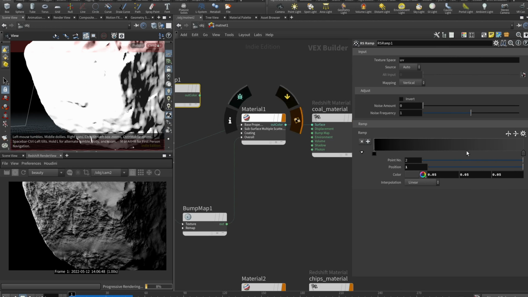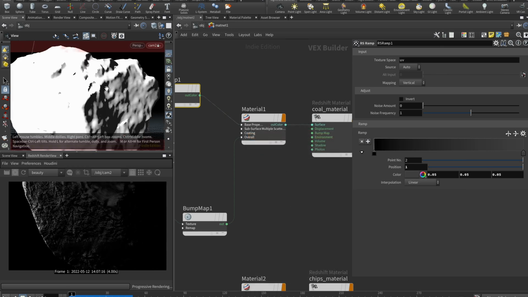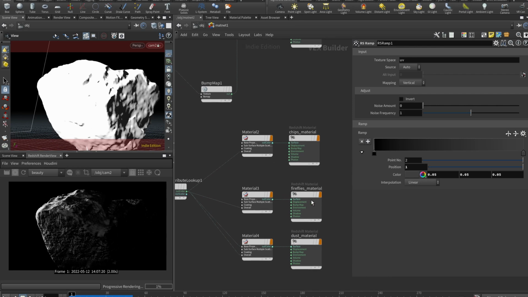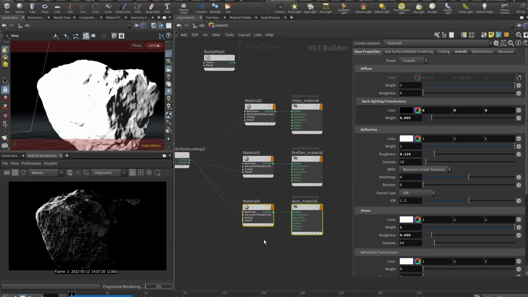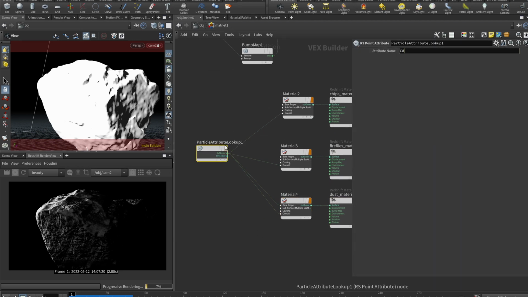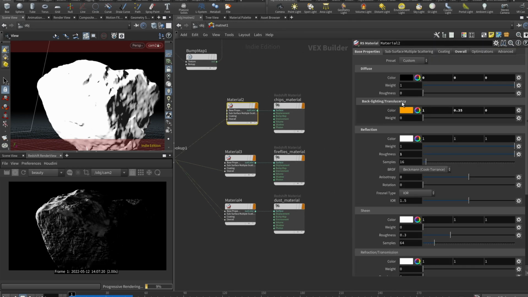Can say that it's light gray. So yeah, let's plug it back here, and here's our call. For all of our particles, which are here, chips material, fireflies material, and dust material, those all are very similar. So we drop a particle attribute lookup, and we grab our color attribute, we plug it here into the overall emission